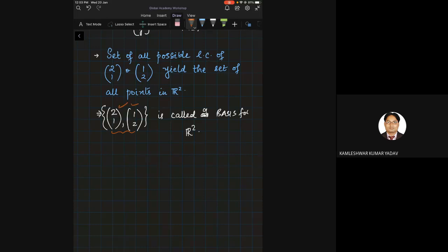So why would I say that the linear combination of these two, (2, 1) and (1, 2), will form a basis for R2? It is basically because of this. Suppose I take alpha times (2, 1). This is basically a line through the origin and the vector (2, 1). Now, the next one is beta times (1, 2). What is this? This is a line through the origin